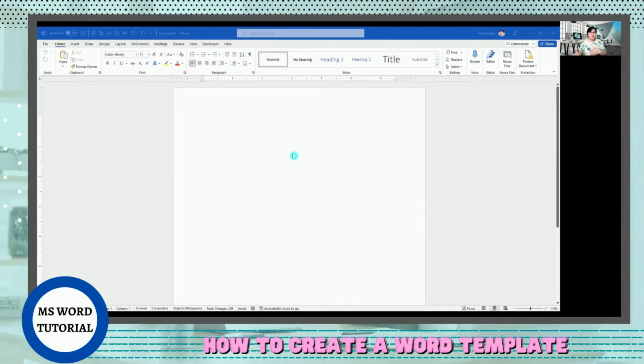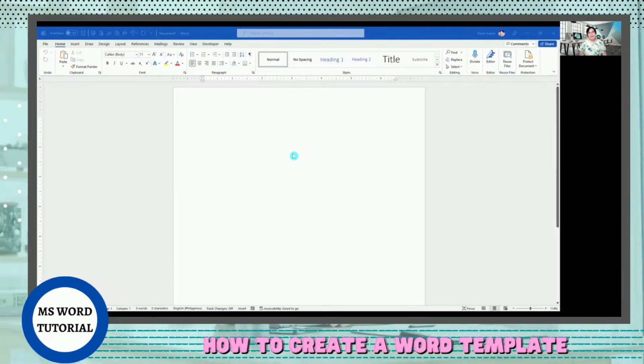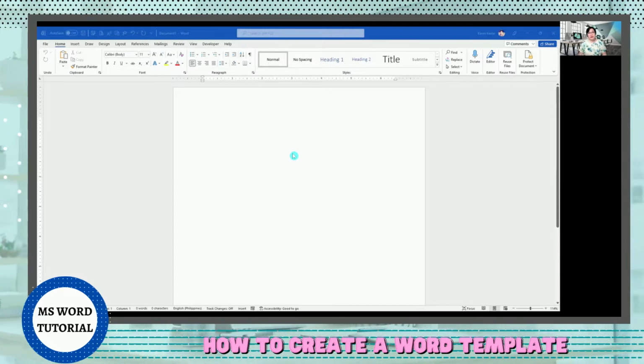What I would do before is I would just be adding it every time I am creating letters. But now I will show you how you can actually leave it in your